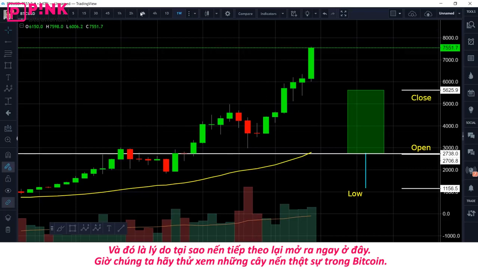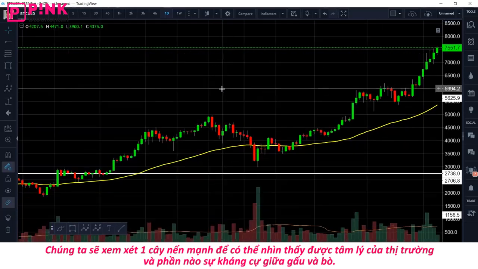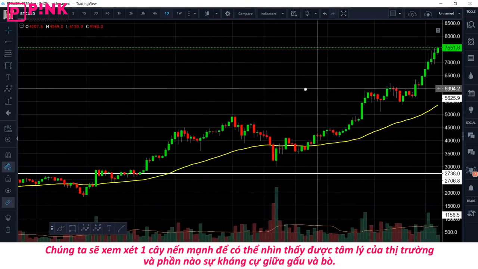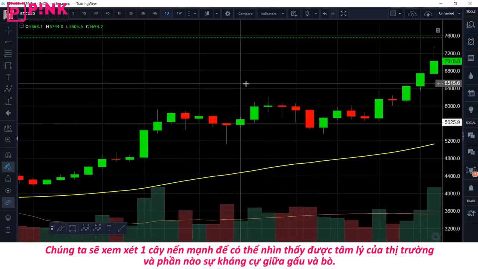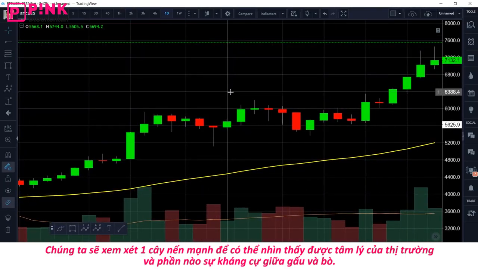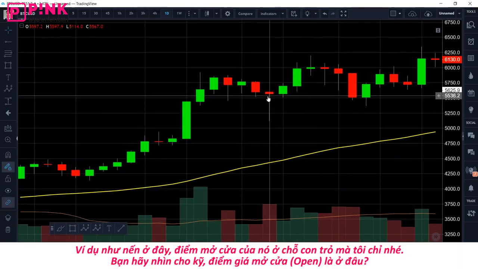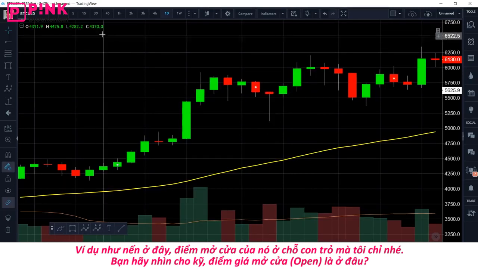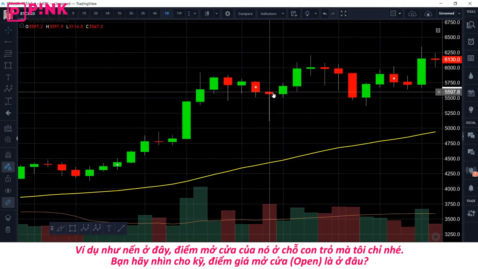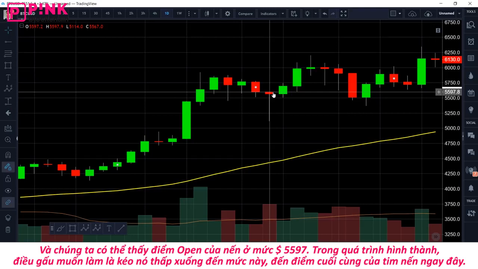So let's actually look at some real live candles of Bitcoin, okay? We want to look for a candle, for example, that can show market psychology of a really strong candle that will show resistance at some point, okay? For example, this candle right here, okay? Where did it open, guys? I'm going to put my mouse on here and I'm going to ask you guys, where did it open? So look over here. Where did the candle open? Okay, so the candle opened at